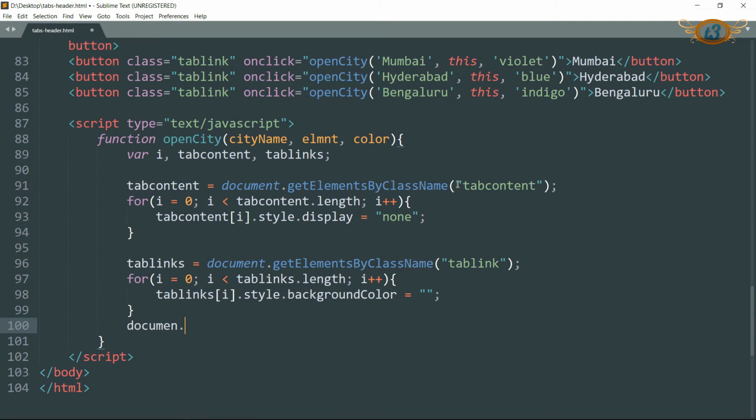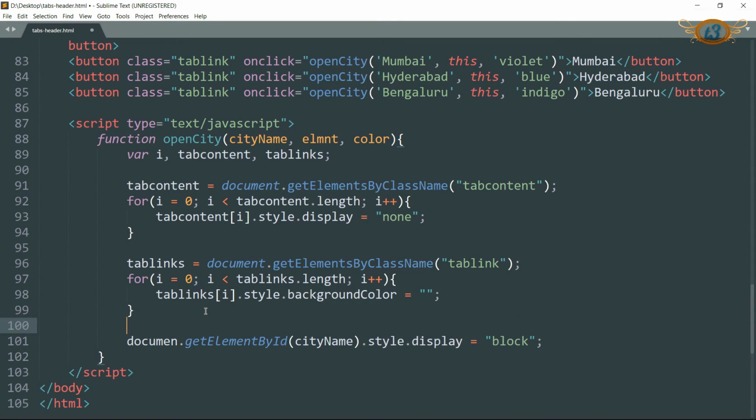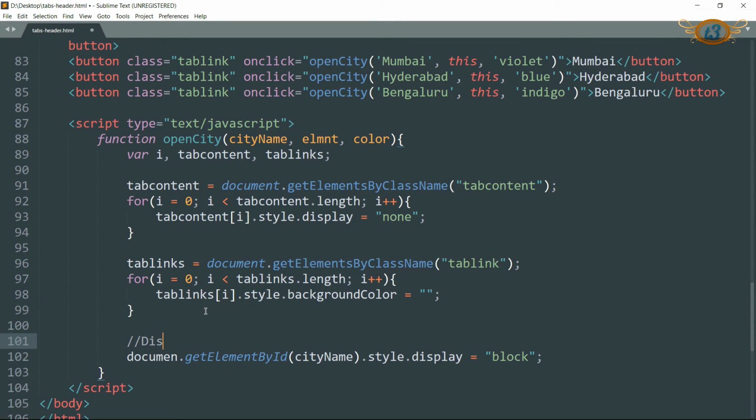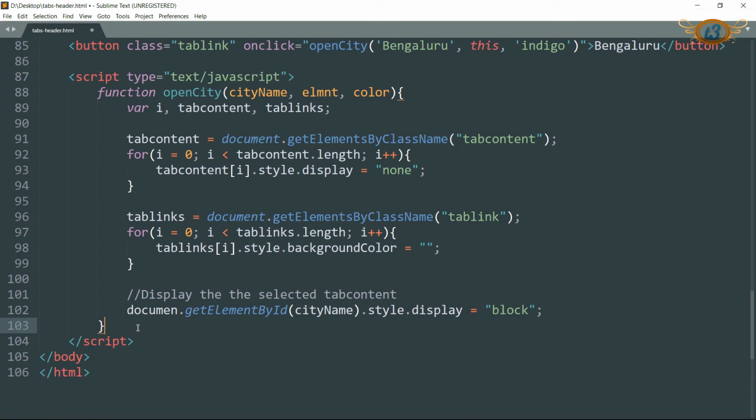Then write document.getElementById, in bracket write cityName.style.display equals block. So this statement is going to make sure that only that tab content is displayed on which we click by changing the display property to block. Then get out of this function